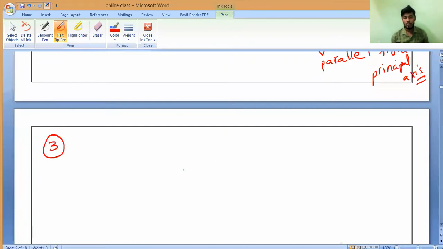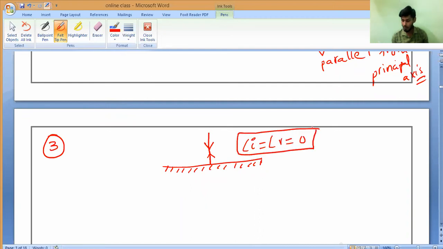As we have studied, imagine a plane mirror. If the incident ray is falling perpendicularly, what will happen? What is the angle of incidence? If the incident ray falls perpendicularly to the surface, the reflection also will go in the same way. Is it yes or no? Yes, sir. So in that case, angle of incidence equals angle of reflection equals 0. That is what we have studied. Is it yes or no?